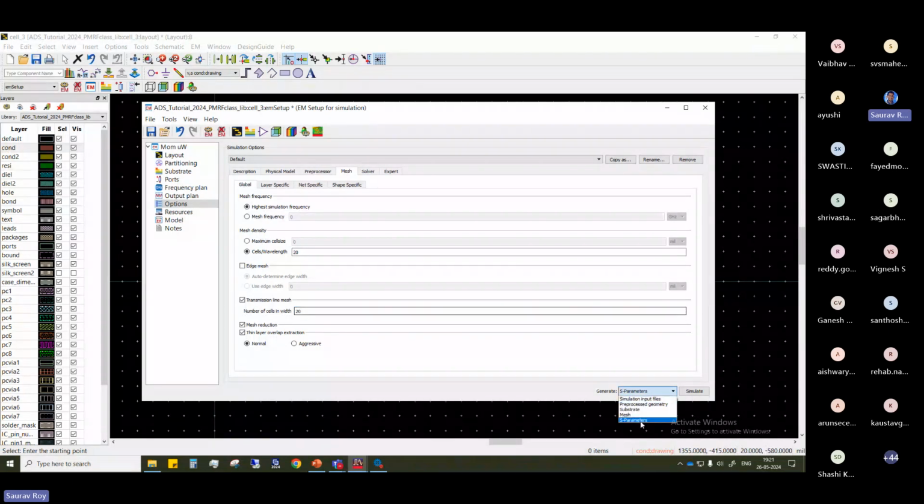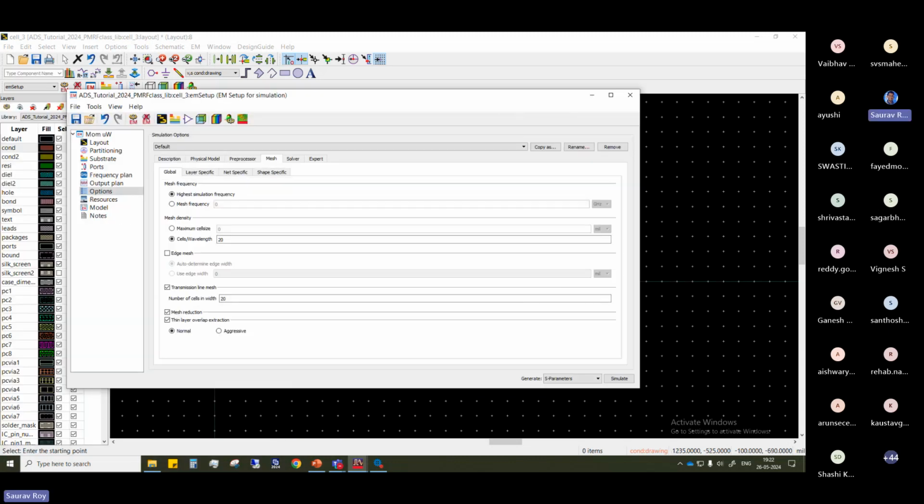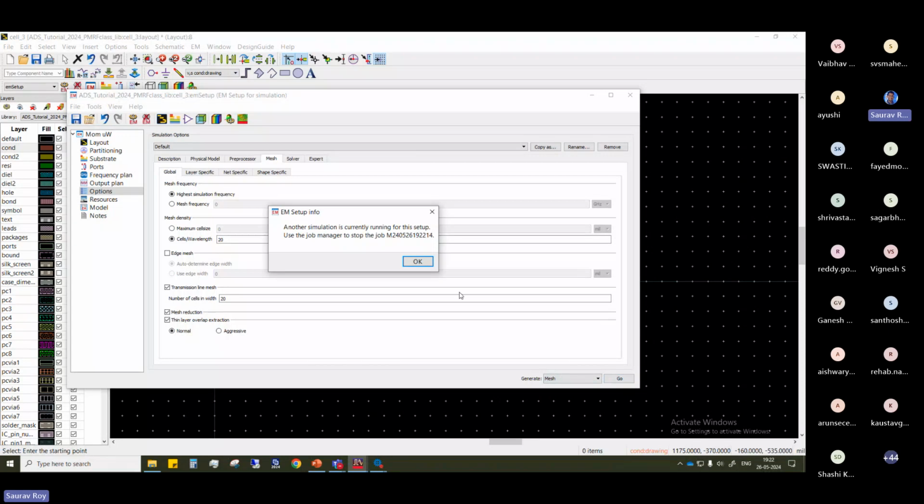And see, generate S parameters we have defined. All these things are done. Once all these things are done, you can simulate. The only thing you should check is the transmission line mesh and mesh density. Otherwise, automatically it will be there. You just check when the mesh is not there. So you will see the mesh view once. See, once the mesh is created,